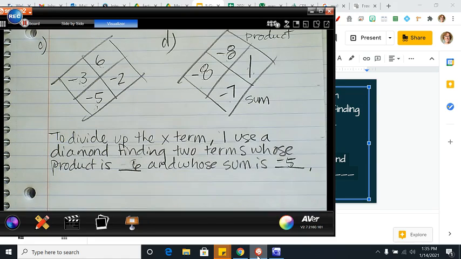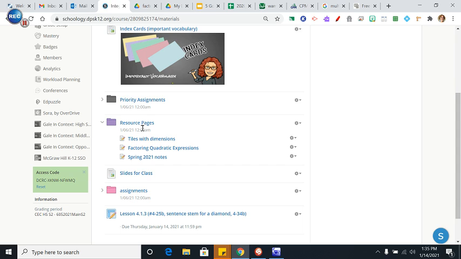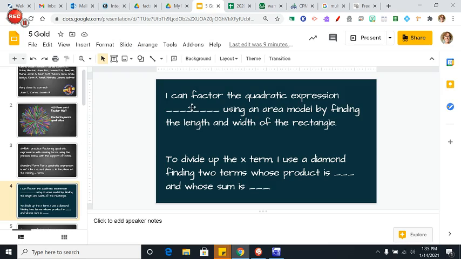And last year I made everybody memorize these sentence stems and say them out loud. I know you don't like doing it, but it's going to benefit you and you need to do it. So practice with these sentence stems. They're on the Schoology page, in the slides for class. You want to be internalizing this, because when we get to chapter 5, you really need to know what you're talking about. Okay, and then for the exit, we did